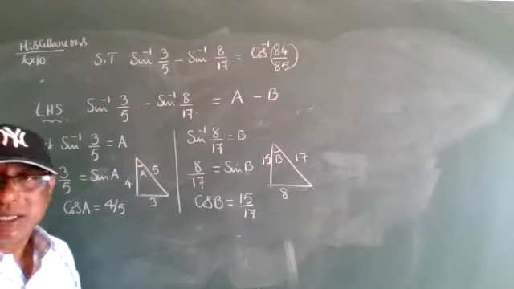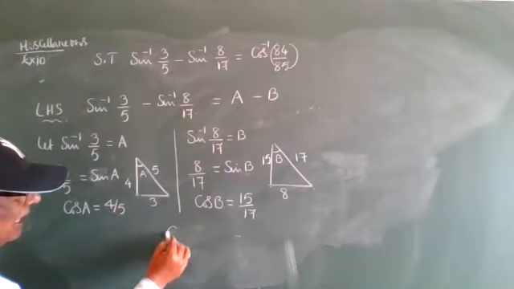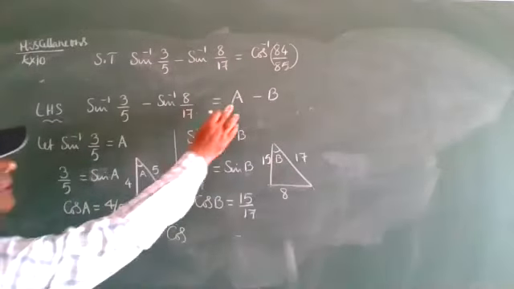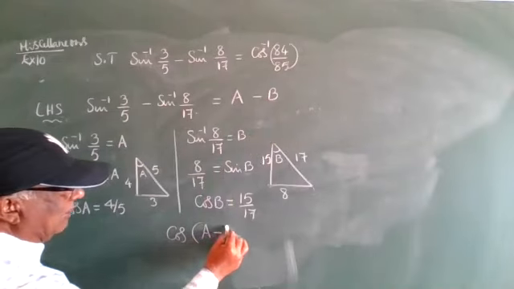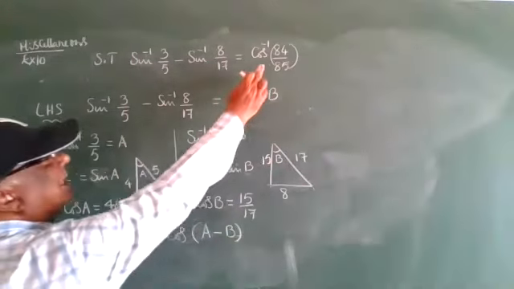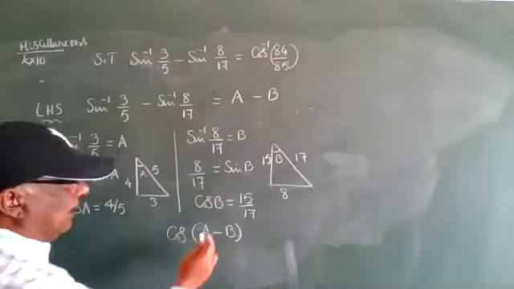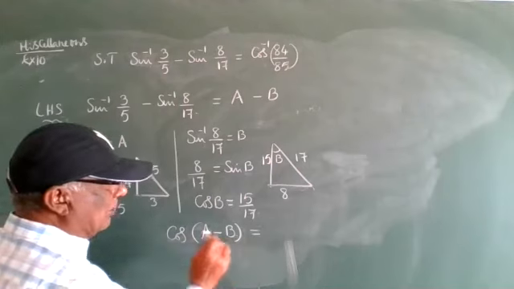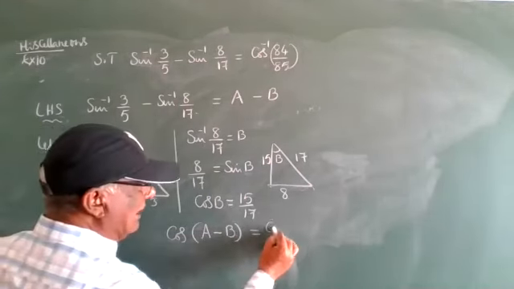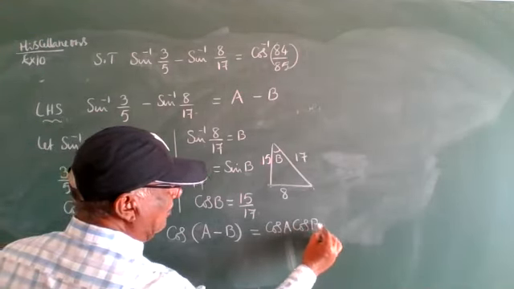Right hand side answer is required. For the right hand side answer, I am going to take cos of A minus B. Right hand side requires cos. Here we have A minus B, therefore take cos of A minus B. So now we should write: cos A cos B plus sine